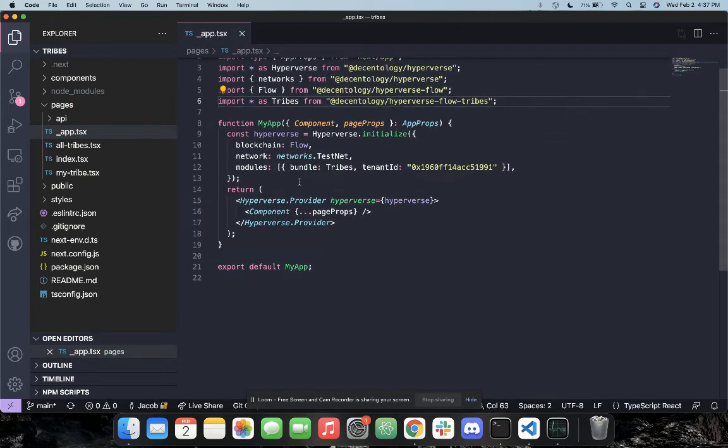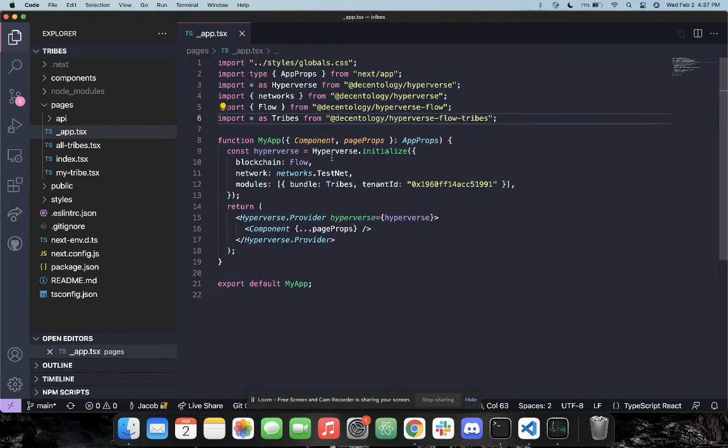Then to actually hook up our application, we say const hyperverse equals hyperverse.initialize. So we're initializing the Hyperverse. The blockchain we're using is Flow. We're on networks.testnet, and the module we're using is the tribes module with this tenant ID. Now remember, in your own application later down the road, if you wanted to hook up to the Hyperverse, you would theoretically have your own tenant ID, that's your address, with your own state, your own tribes, all that kind of stuff. But we're all going to be using this same tenant ID, so that's what you're going to be using as well. And then we wrap our app inside hyperverse.provider, and we pass in this Hyperverse as the